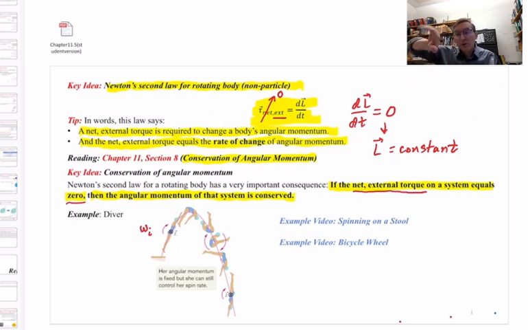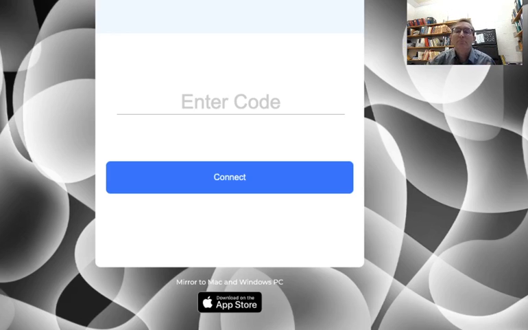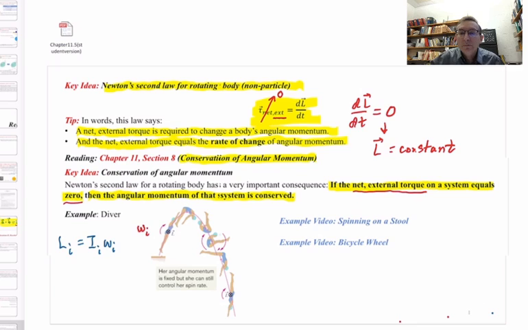So if I curl the fingers of my right hand clockwise, my thumb points into the screen. That's why you see the L vector there with an X. That means it's an arrow into the screen. So the initial angular momentum is into the screen. And it would be calculated using this formula. L initial equals I initial times omega initial. Initial rotational inertia. Okay, so we have a certain initial angular momentum, which is equal to the initial rotational inertia times the initial